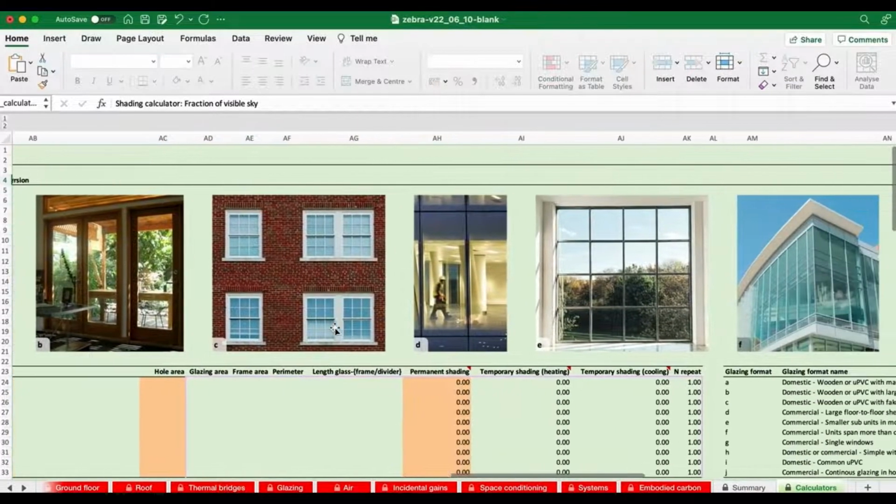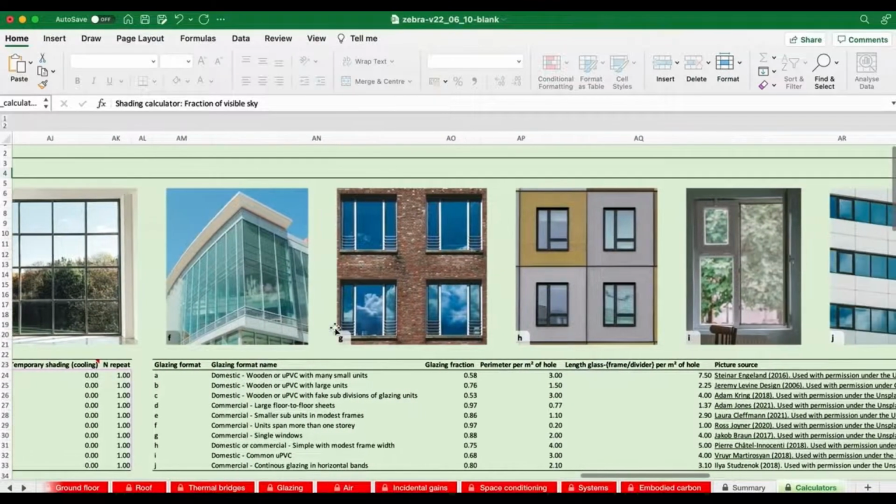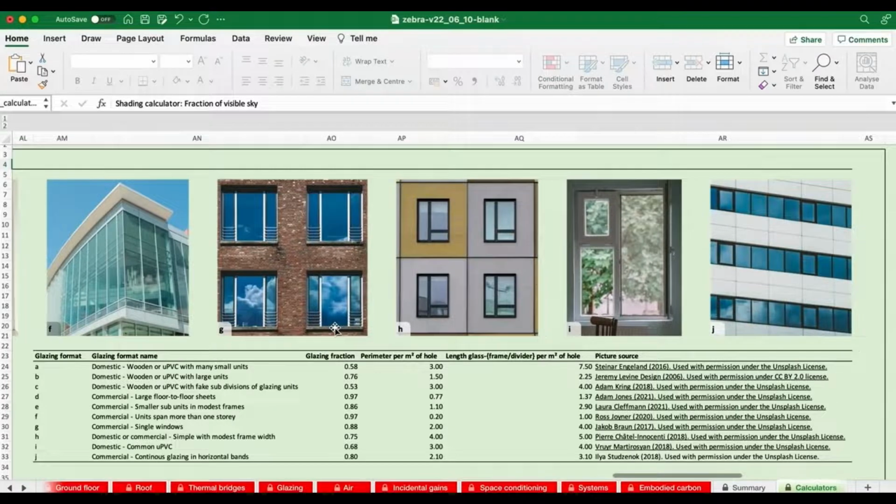And we have a series of pictures of possible windows that we might use. You won't find the exact windows you were thinking of using, but hopefully you'll find something reasonably close. What these windows are trying to provide a shortcut to is the fraction of the hole which is not glass. We're going to choose window type H because we think that best represents our glazing solution for this particular building. You can see that quite a lot of that is actual frame, quite a high percentage. And the percentages can be really high.